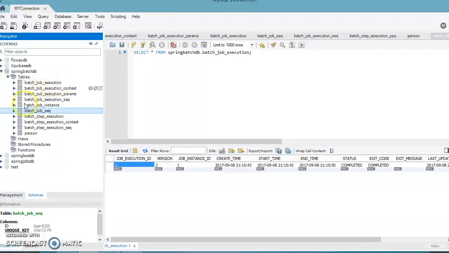So if you exclude the sequence tables, then you have 6 tables, right? Every table is prefixed with batch underscore. So we have batch job execution, batch job execution context, job execution params, job instance, right? Step execution context, etc. So if you go to the Spring